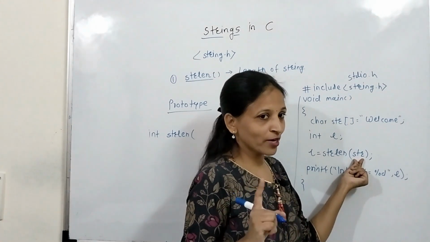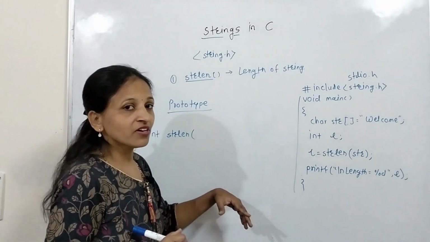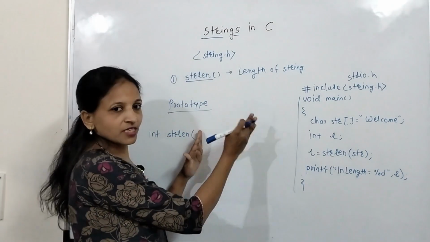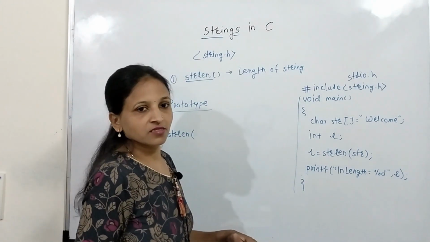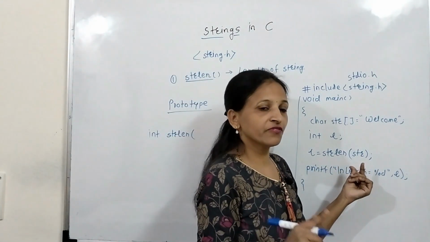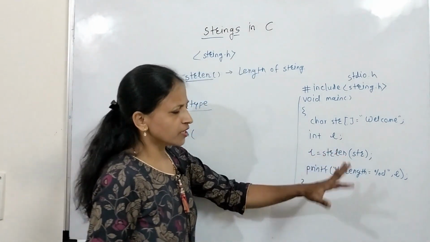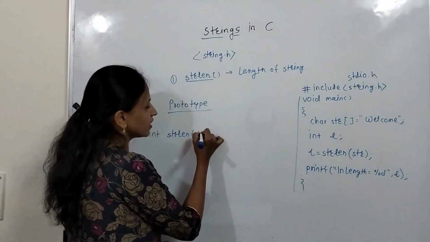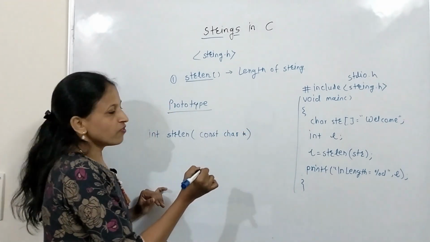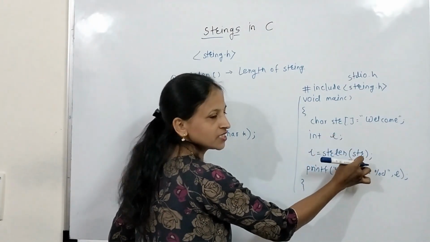The name of the array will hold an address. Of course there should be a pointer variable to catch that address. Whenever we pass an array to a function, then in this part there should be a pointer. We can pass an array to a function either with the help of a pointer or with the help of the subscript operator, which we have already covered in the function lesson. Internally again the same thing is there: a const char star type pointer. Why pointer? Because here I am passing an array. This str is an array.